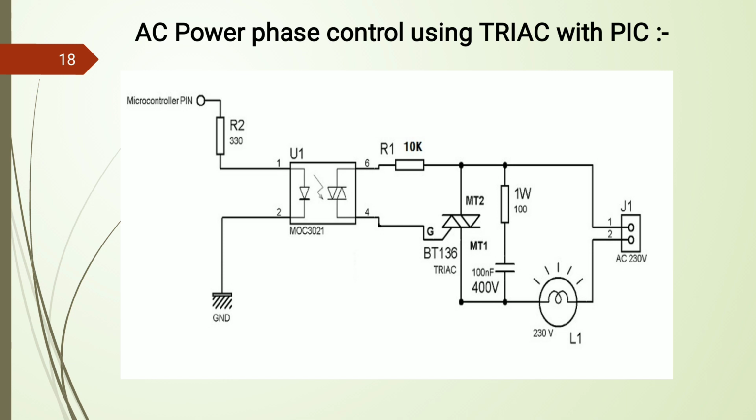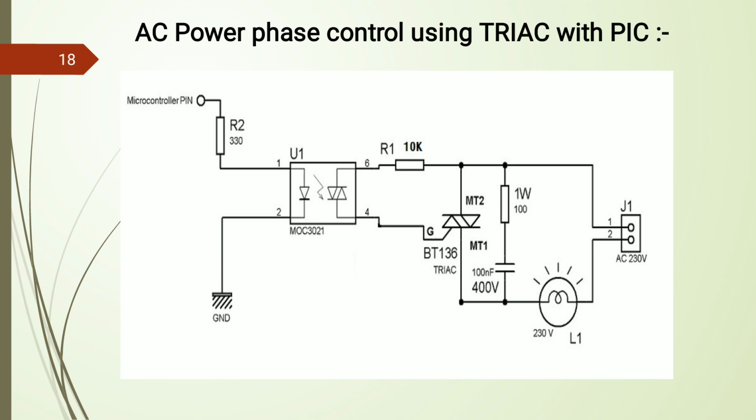So detection of the interrupt is based on either the rising edge or falling edge as per the choice of the user. So we can select in the OPTION register, that is INTEDG as an interrupt edge bit for rising edge or falling edge, select 1 or 0. So based on that we are able to detect the interrupt for zero crossing detection, and according to that we are able to generate the signal as output from the controller side, that is the controller pin, and after that the signal